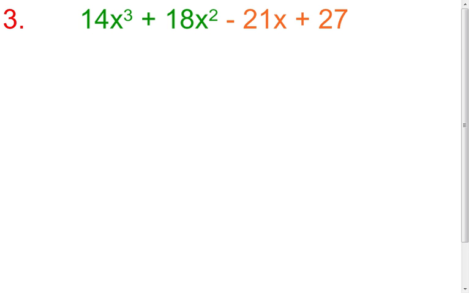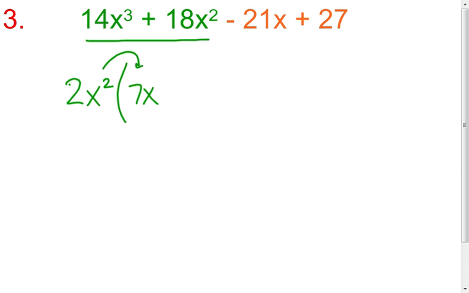Alright, kind of similarly here. So if I look at the green, I want to see what I can pull out of here. And when I do that, 14 and 18 are both divisible by 2. X cubed and x squared, I can pull an x squared out of there. Okay? So 2x squared